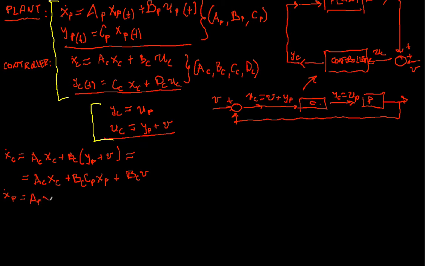AP XP plus BP YC equal, and once we apply all substitutions, AP XP plus BP, YC is UP, which is BP CC XC plus BP DC UC, and finally this leads to the expression AP plus BP DC CP